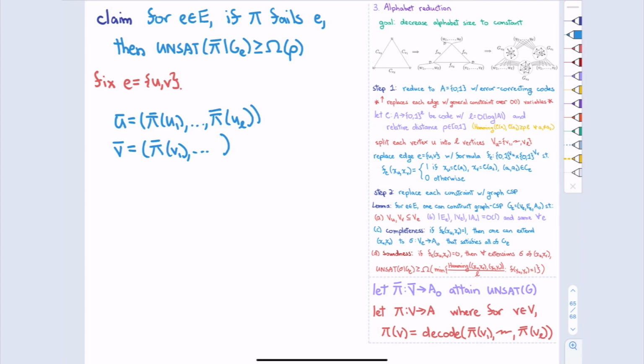Now I know that pi U and pi V did not satisfy the constraint for E, right? This is what I know.